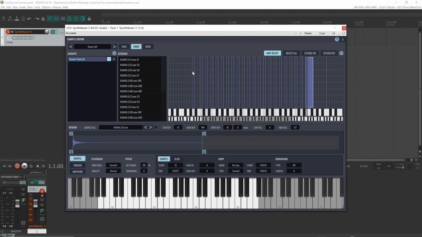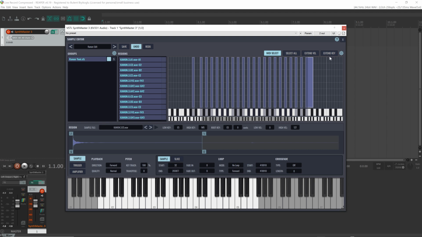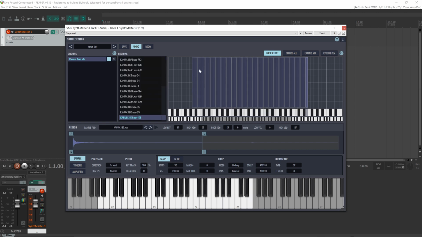Okay. Now we have fewer regions, but we have some gaps here. So to fill the gaps, I'm going to select all of the regions and click on this extend key button so that these gaps are now filled. So for instance, if I click on this region, its root key is C2, which is highlighted here. This is C2. And this sample basically plays between B1 and C2. So if I press B1 on the keyboard,